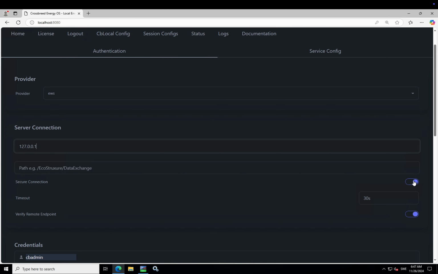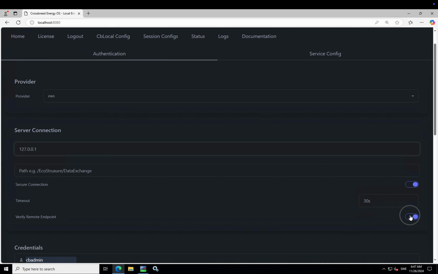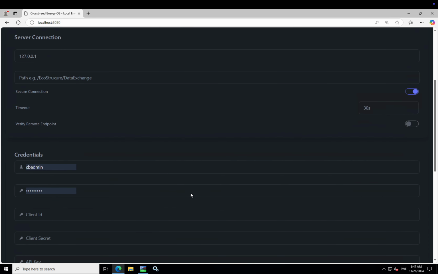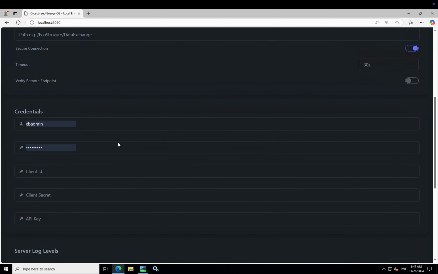Secure connection, so it uses TLS. The timeout is 30 seconds, so it will give up if it can't connect or if the server hangs. In my case, we don't have a valid certificate on it, so we need to disable verify remote endpoint. And then you need to enter the credentials for your